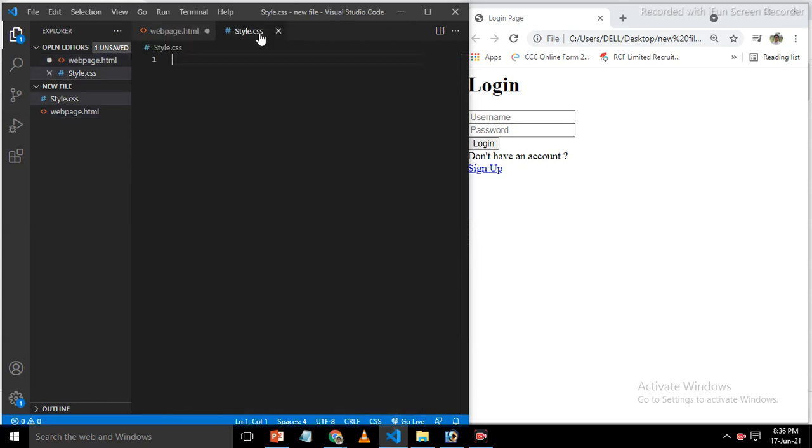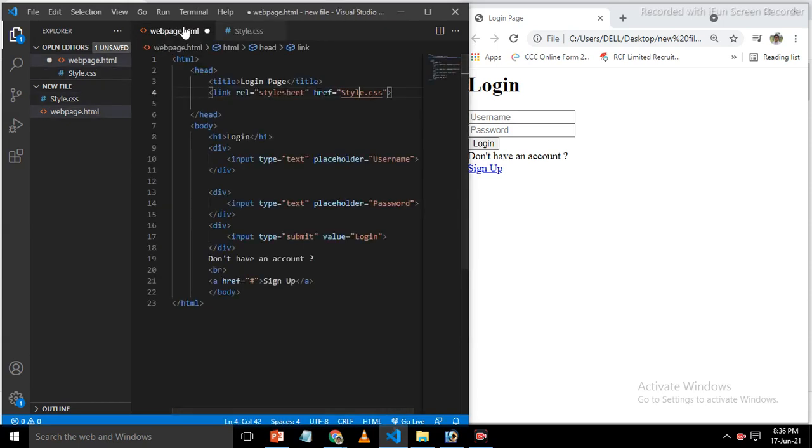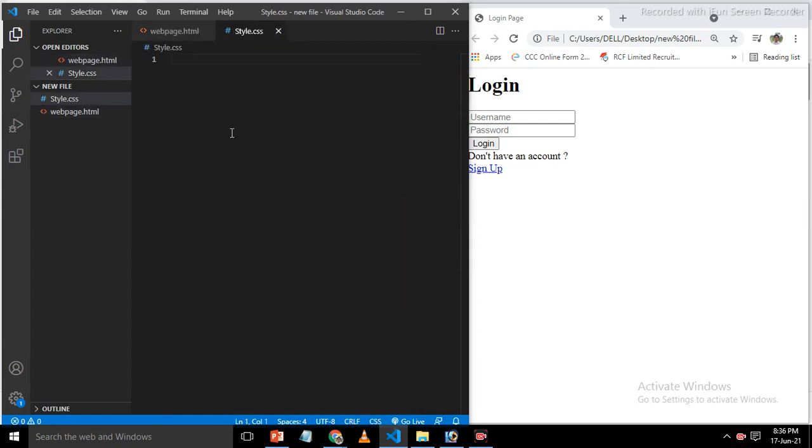Now I put the code for CSS. First of all, we change the background color of this web page, web application.